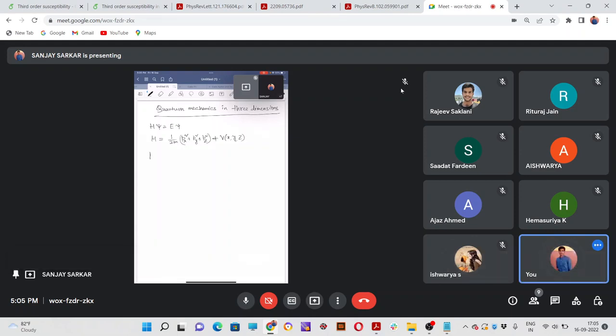Now since px equals minus i h bar del x, similarly py is minus i h bar del y, and pz is minus i h bar del z, the Hamiltonian will reduce to minus h bar square by 2m